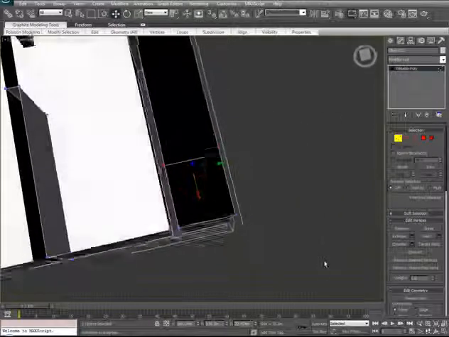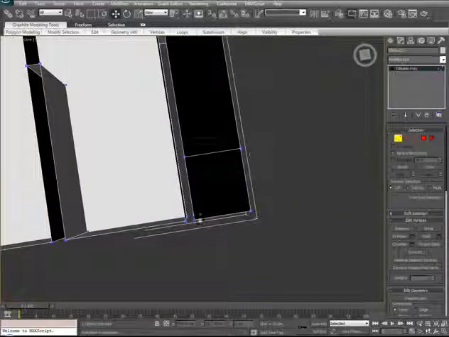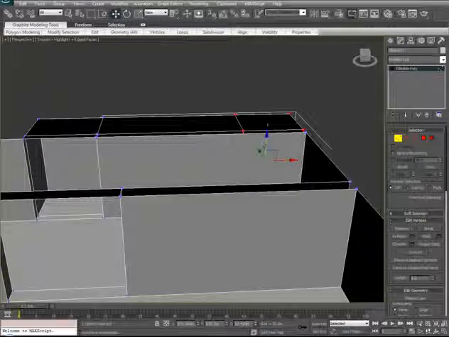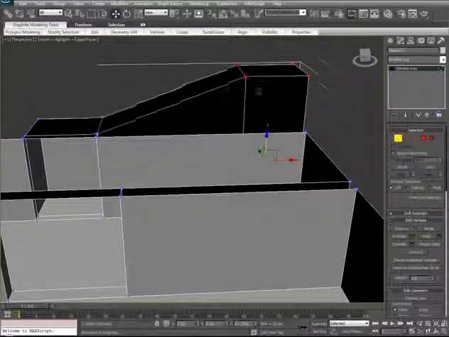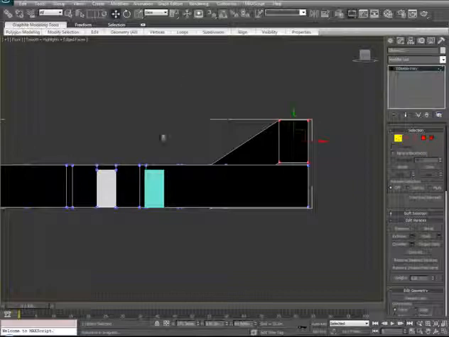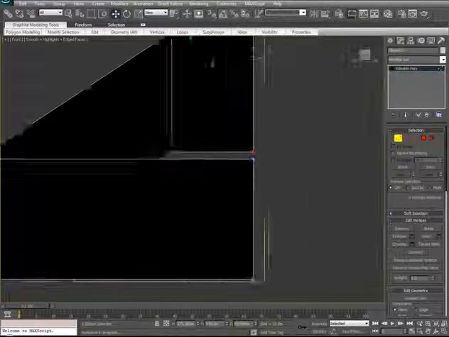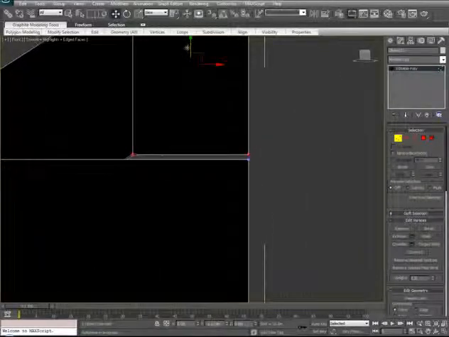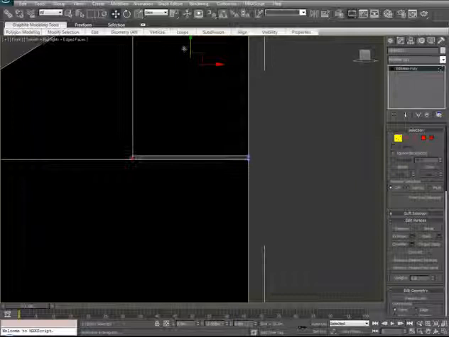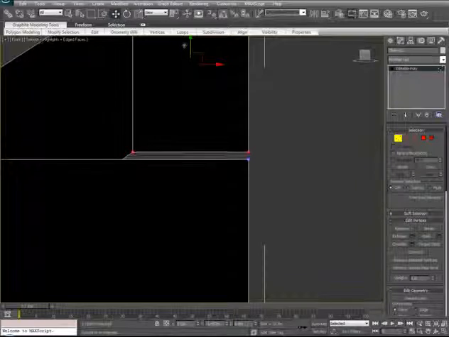Well, let's go ahead and actually add the incline now. So we'll select the vertices for the top portion of our landing, and we simply move it up. Let's go to our front view. Now, we don't necessarily want these two to be touching. Just like our door frames for the front door or even the staircase, we want to leave a little bit of a gap